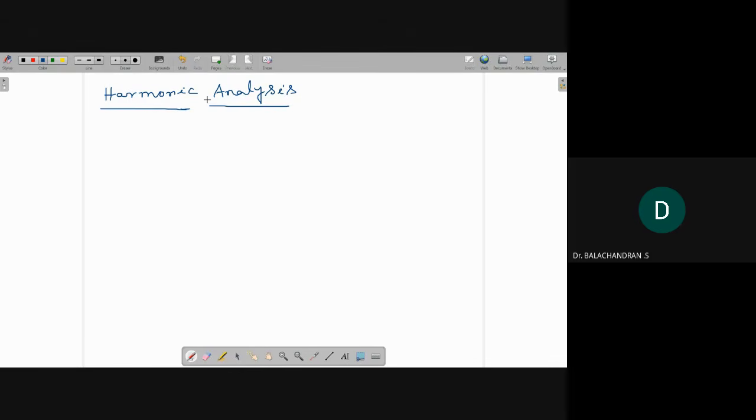But here, instead of giving the function, they give numerical values for x and y, the table values. How do we find the Fourier series and Fourier sine and cosine series for those types of problems? Harmonic analysis is the process of finding Fourier series